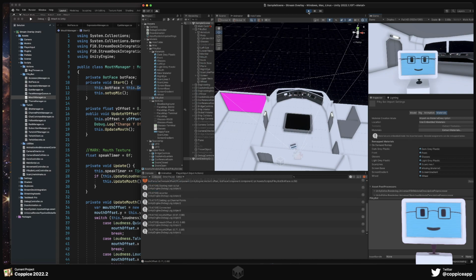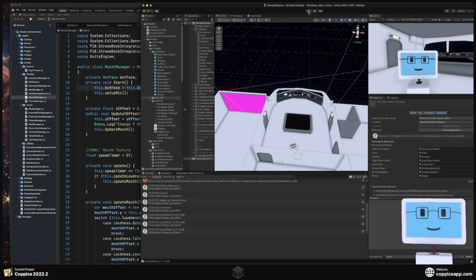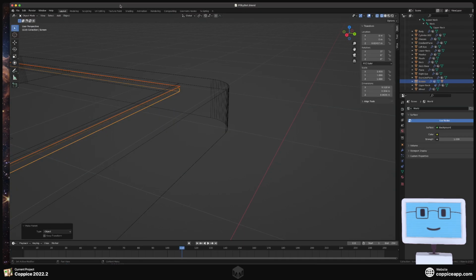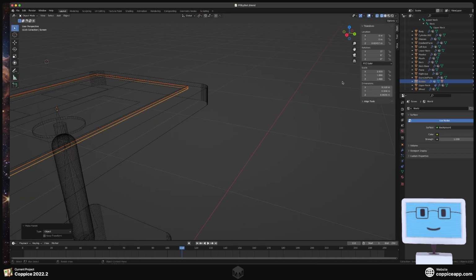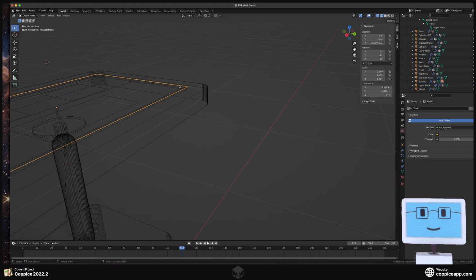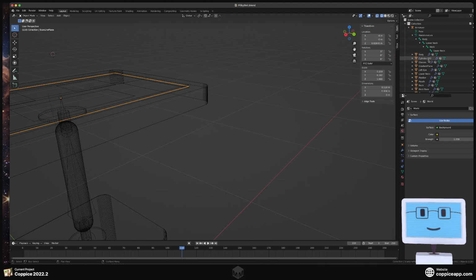So long since I've actually done this that I've forgotten what I need to parent this to get it to map. Oh, because being